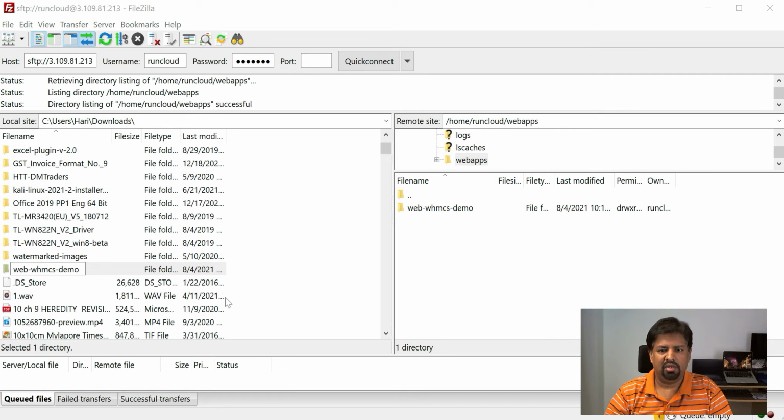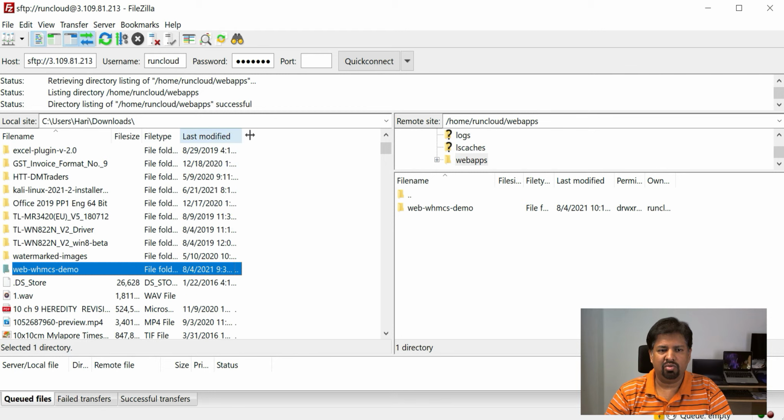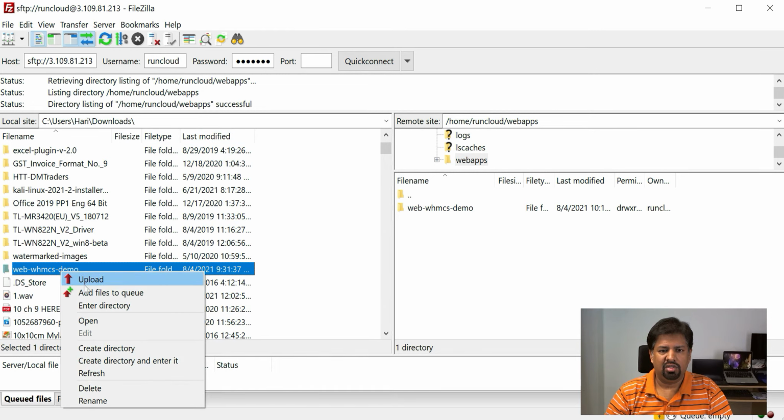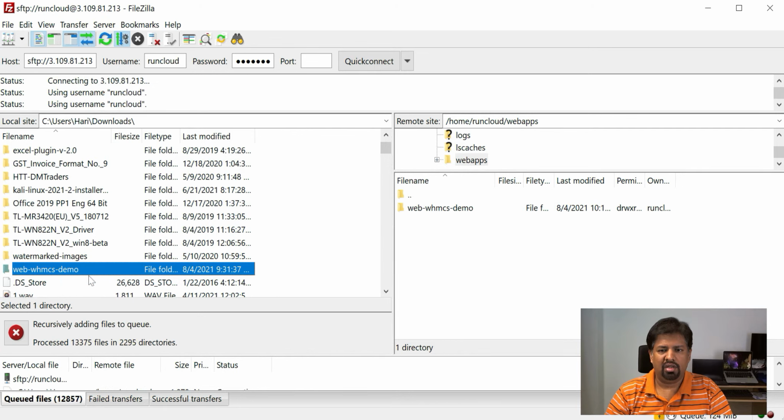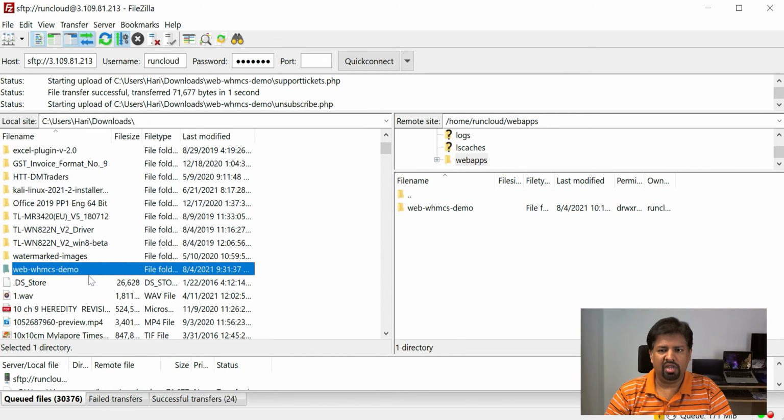In this example, it is web-whmcs-demo. Just right-click on the local folder that you wish to upload and click Upload. If you get overwrite warning, allow it to proceed. This has got nearly 30k files, hence it's going to take a long time.